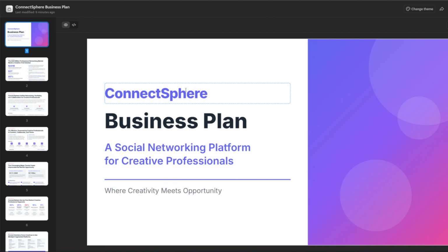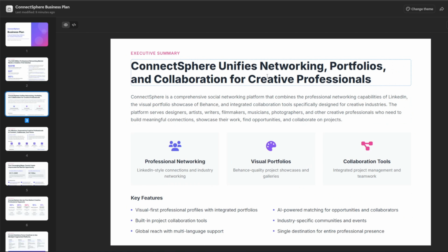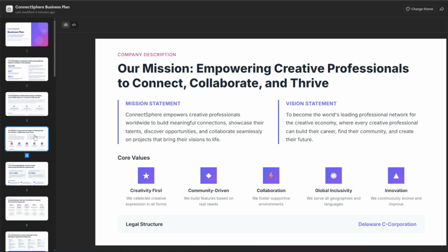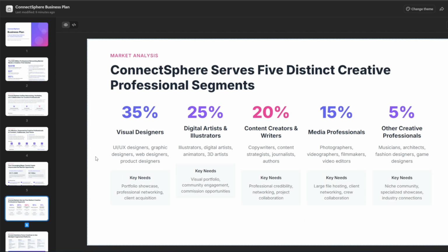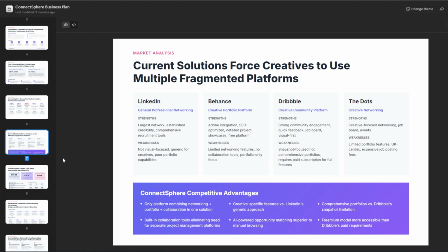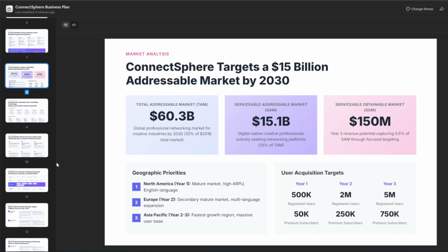First, the complete 28-slide professional slide deck, beautifully designed and filled with all the data from its research phase. It includes market analysis, target segments, a competitive landscape, and even detailed financial projections. But it didn't stop there. It also generated the entire branding kit, organized neatly into a folder. We have the official logo, an Instagram banner, a LinkedIn banner, and a Twitter banner, all consistent with the brand identity it created. This is an end-to-end project, from concept to completion, executed by one AI agent from one prompt,